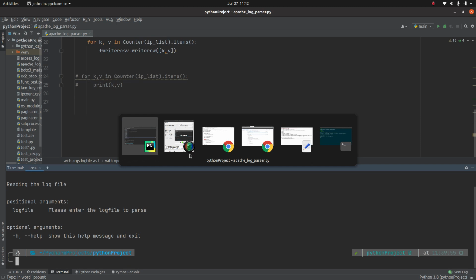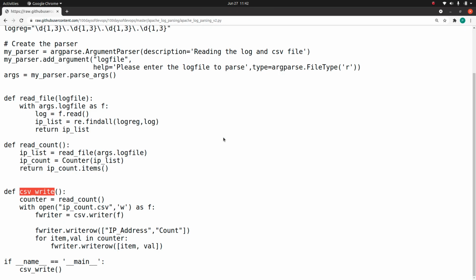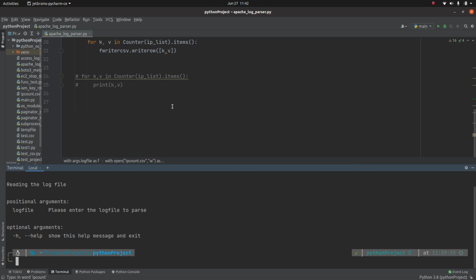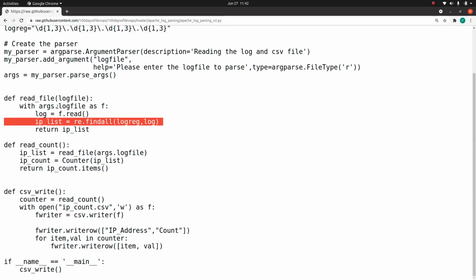Okay, this is one way to write the code. I'm not saying this is the best way, but this is one of the ways you can write this code. You also have the option that you can even break this regular expression section into one more module. It's completely up to you, or you can write this code in the form of classes. I just want to give you a way how you are going to approach this kind of problem in two different ways. One is writing this big monolithic code, and the second way is breaking it down into different functions, which I find is a much better way.